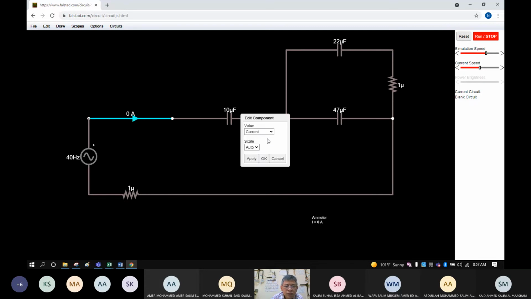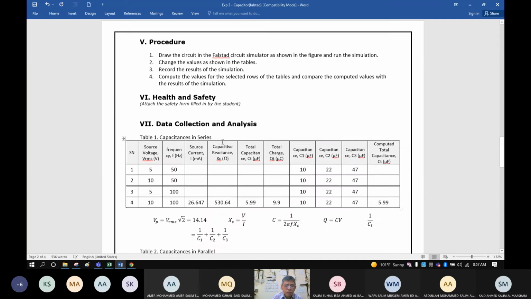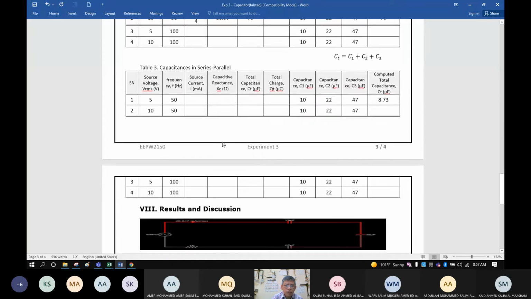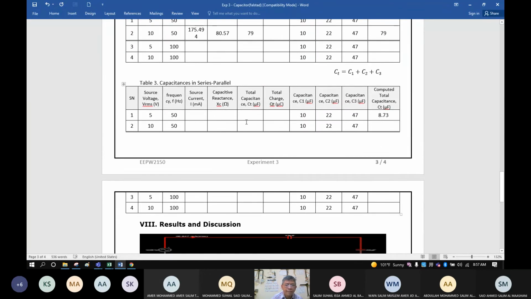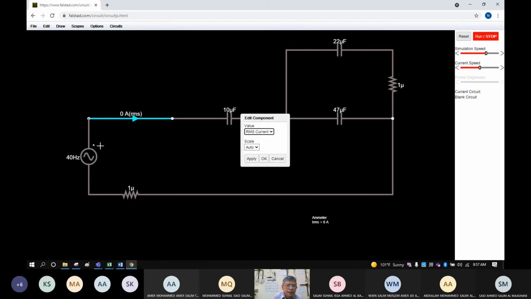And then here, edit. Okay. The current should be in RMS. And then what I want to perform, number 1. This one, number 1, okay? 5 volts and 50 hertz. Okay, 5 volts here. So RMS, okay.